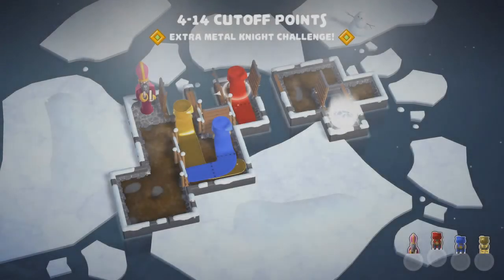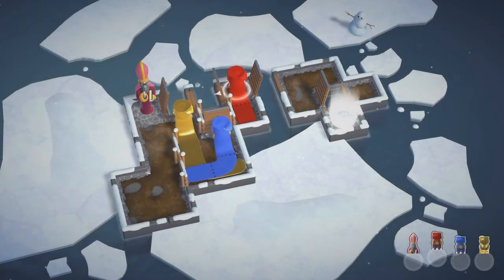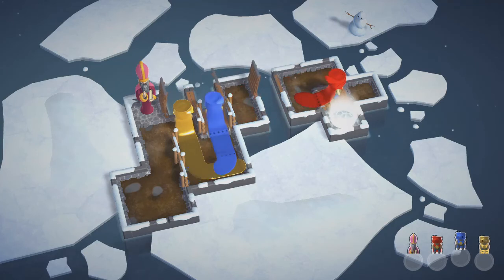Cutoff points. Is there any chance that I will be able to solve this? Once again, how many drawbridges are we looking at? There's one to the left there. There's one to the right there and here. There's one to the north here. And finally...